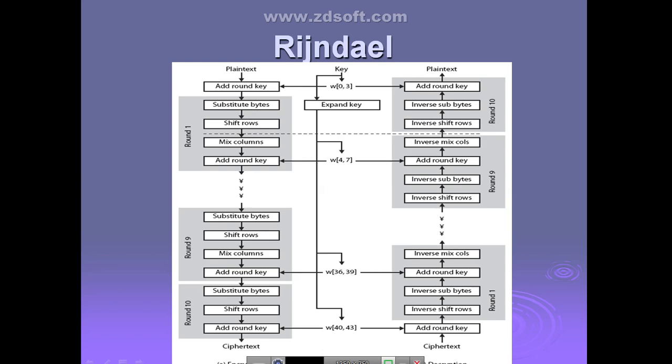You can see here, round 1 uses words 0 to 3. After round 2, right, they are using 4 to 7, then 36 to 39, 40 to 43. That means 4 words are used at each round. Yes or no? And in each round, the different functions performed are substitute bytes, shift rows, mix columns, and add round key. These are the functions used for the data computation in each round. Each round has the same structure. You can see that. Yes or no? This is what we saw in the last class, right?